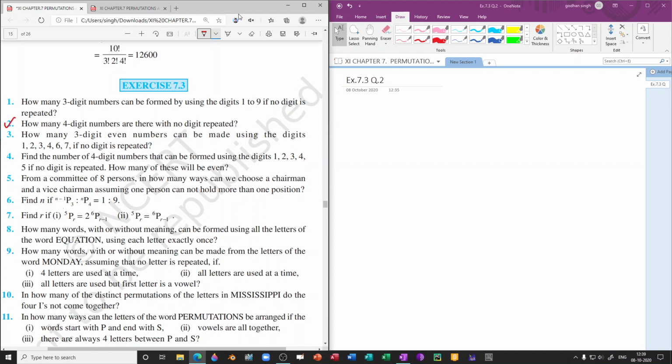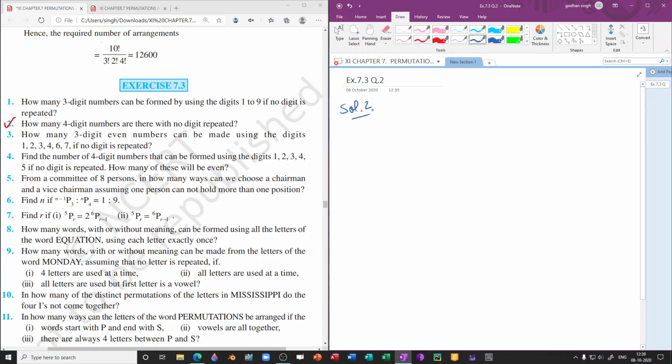Exercise 7.3, question number 2. How many 4-digit numbers are there with no digit repeated? So solving question number 2, solution 2. Let the 4-digit numbers be of the form